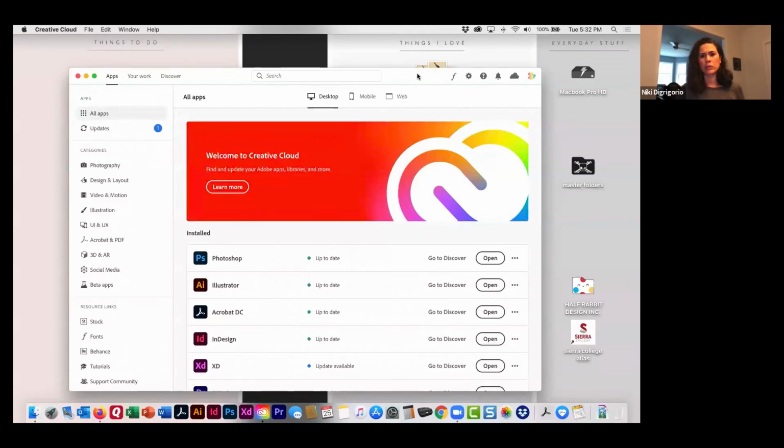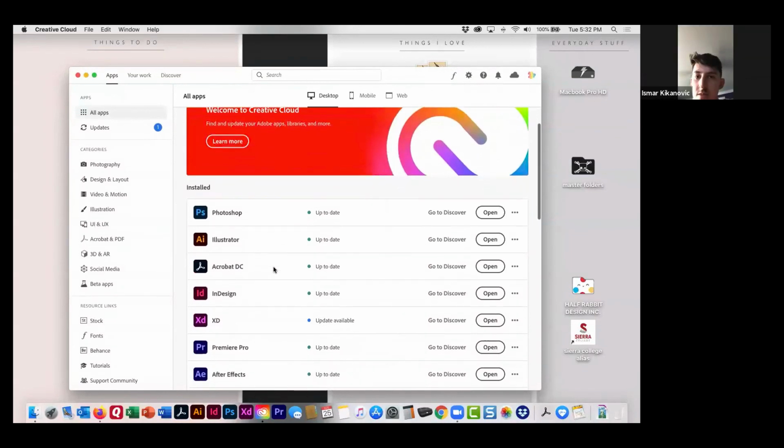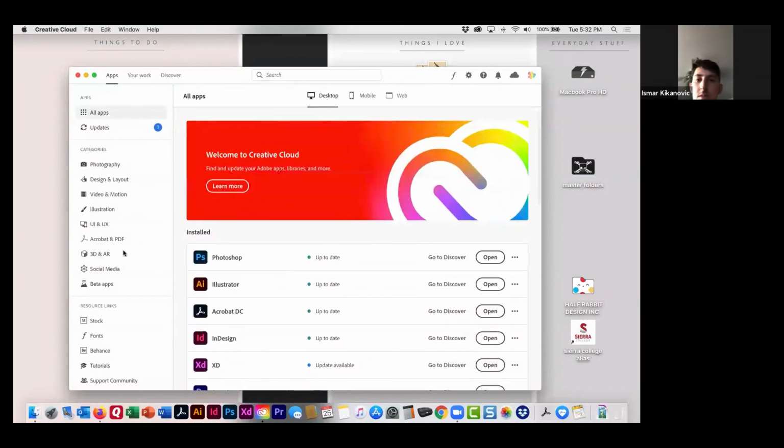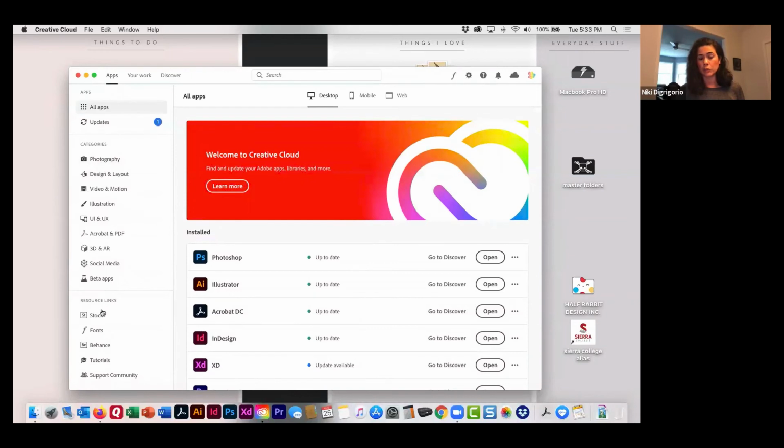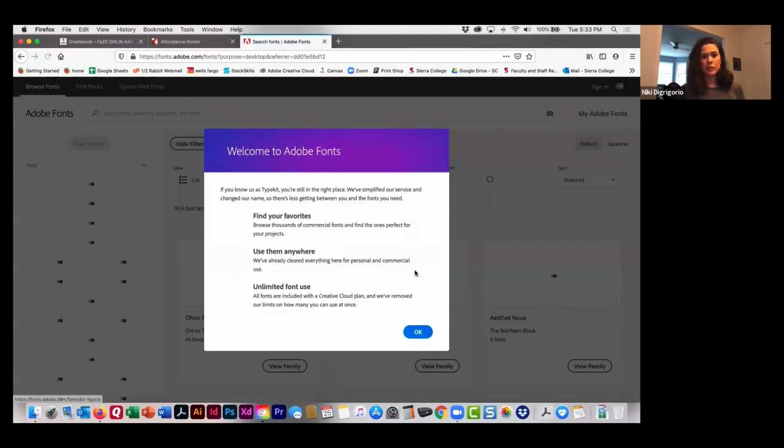It's kind of a portal to all of the software, but on the left-hand side, it gives you these resource links, and you can jump straight to Adobe Stock, straight to Adobe Fonts, straight to Behance, straight to Adobe Tutorials, and these are all super handy. So I use these all the time. If I need to go find a stock photo or stock illustration, rather than going to Firefox and typing it in, I just use my Creative Cloud app to jump straight to it, and it will take you to